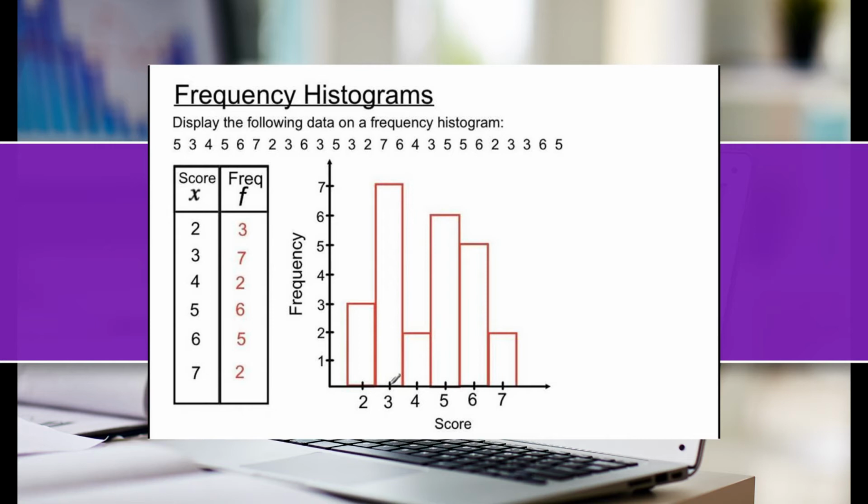So we have seen that 2 is the score and the frequency is 3. 3 is the score, frequency is 7. 4 is the score, frequency is 2. 6 is the score, frequency is 5. In this manner we have plotted the histogram, and you see the impression behind that: initially we are gradually going up, then going down, then after a certain time again going up and then going down. So this is the model.